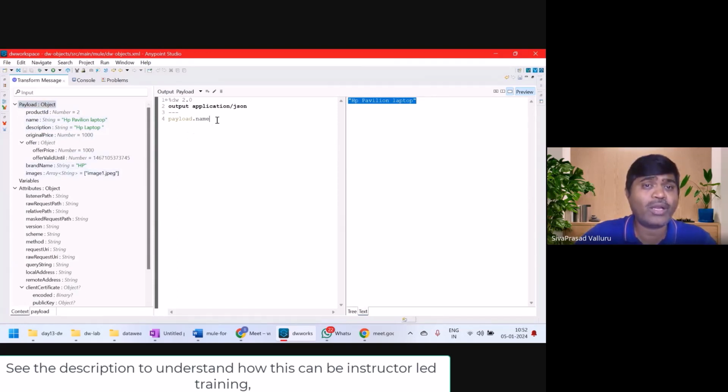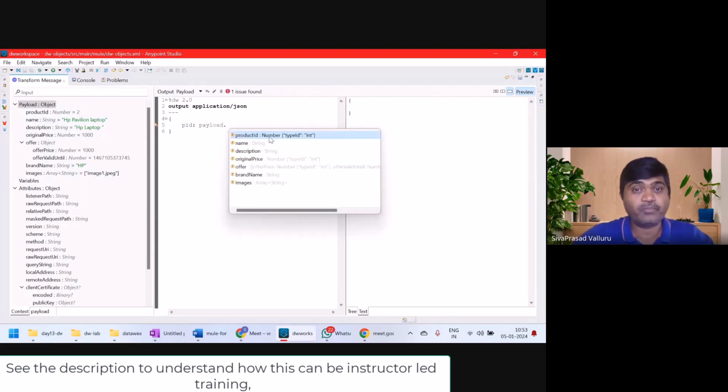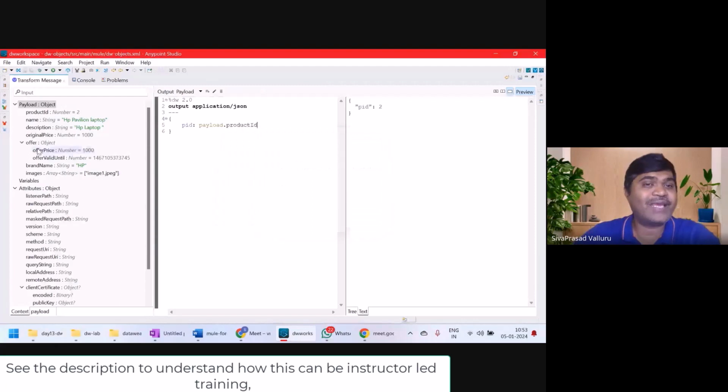Fine. Now what I want is, I want to construct an object. So I wrote like this. And in this, I want key as PID. And the value should be whatever is there in the payload dot. So right now, for this input, I have written a transformation logic. And this is the output. Comma. I want name, payload dot name. I want original price. I'll write price, payload dot